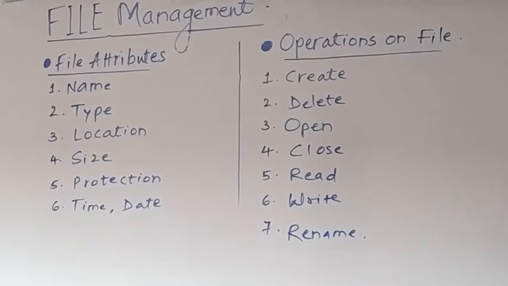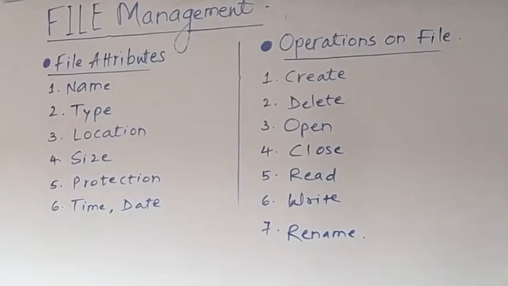Now after the file is available with us, what are the operations that we can do on a file? So the first thing is creation of the file. Now the file is not available inside our computer system, so we can create that file. This is the first operation that we can perform on the file. Once the file is with us, we can also delete that file from the computer, maybe into the recycle bin, or maybe permanently we can delete that particular file. So this is another operation that we can perform on the file.